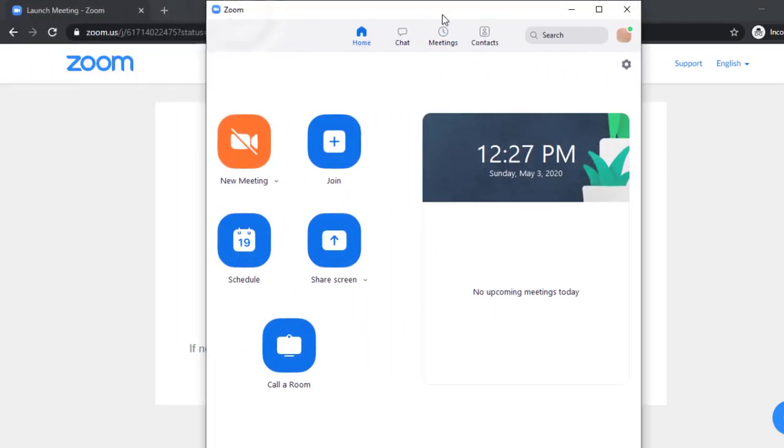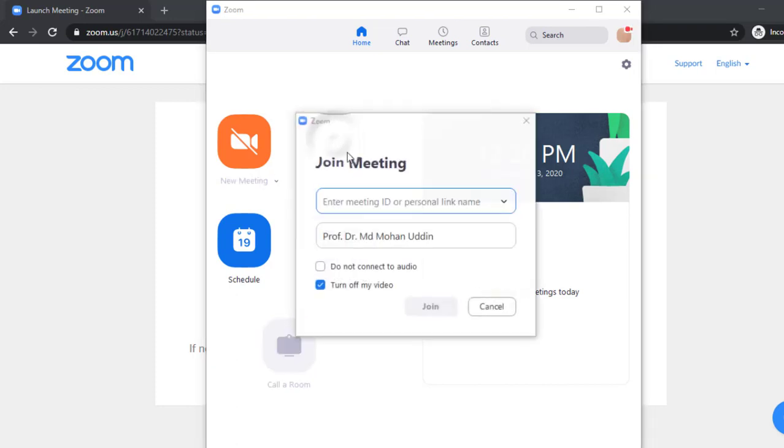Your software will look like this one. Here you have to click join, then click the meeting ID field, paste the meeting ID or type it in, and then write down your name. You should write your full name here. So if your name is, let's say, ABCDEF,